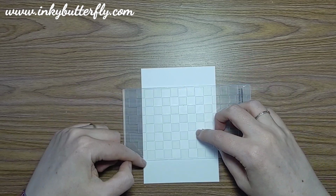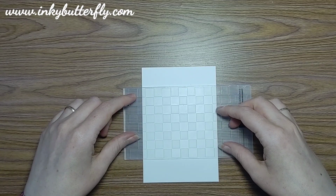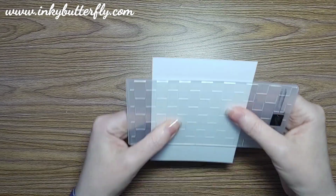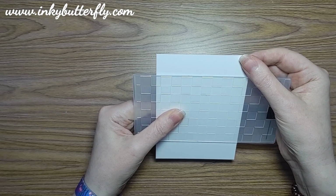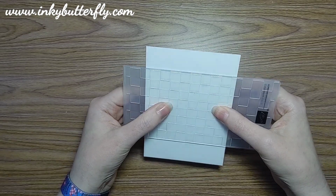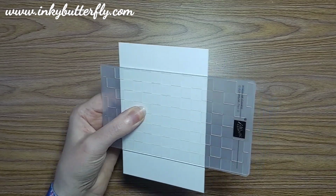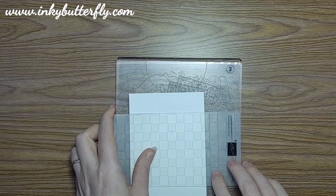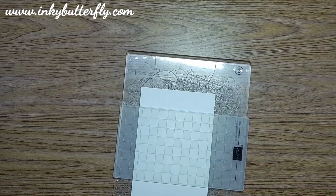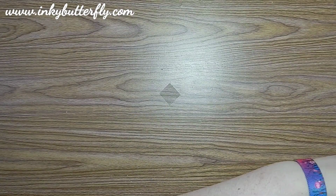so that I've got the squares kind of even on the edges, so it looks straight basically. Alright, so that's how we're going to go. It's roughly central, not that it's going to show that much. So on the cut and emboss, I'm going to put that down across the cutting plate like that. Take out my die adapter, and we'll just run that through the machine